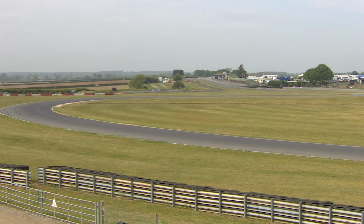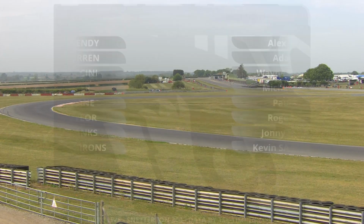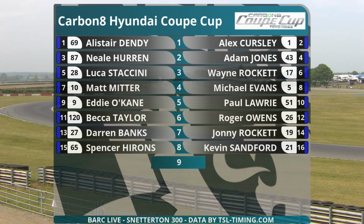So the favourites likely to be Wayne Rockets and Alex Kersley, but neither of them, I can tell you, has taken pole position. It's number 69, Alistair Dendy, with his new car, has put his car on pole position with number 1, Alex Kersley, alongside him. Second row, 87 of Neil Hurren, the ex-Toyota MR2 racer, alongside 43 of Adam Jones. Row 3, we've got Luca Staccini